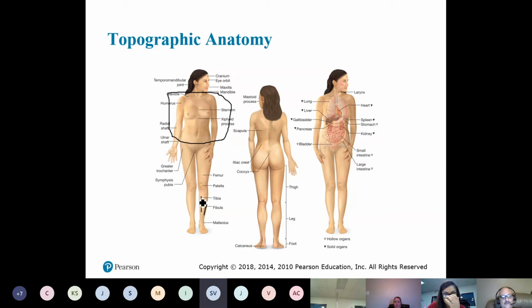Tibia is on the inside and it's bigger. Fibula, I'm not saying this is what I came up with, this is the way that I was taught. Think about F as in female, and females are smaller. So when you compare it to the tibia, it's all that, whereas the fibula is just a little bone over here on the side.